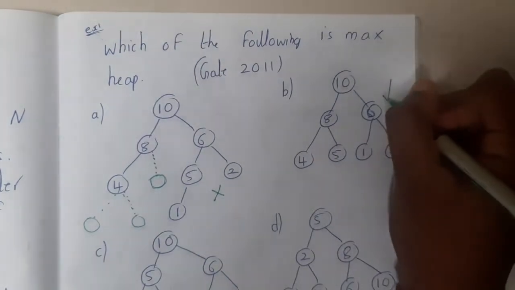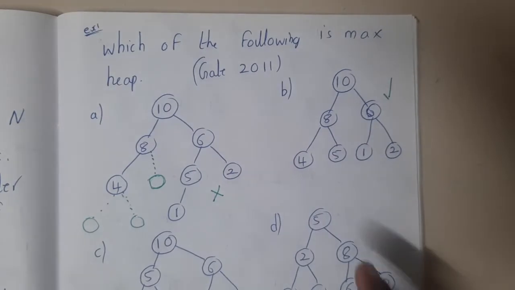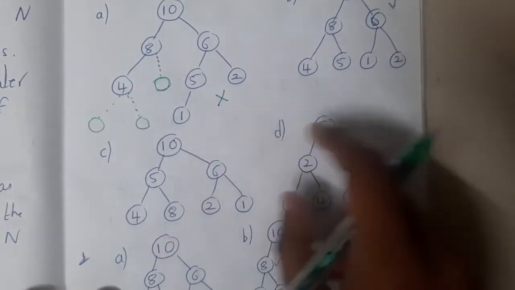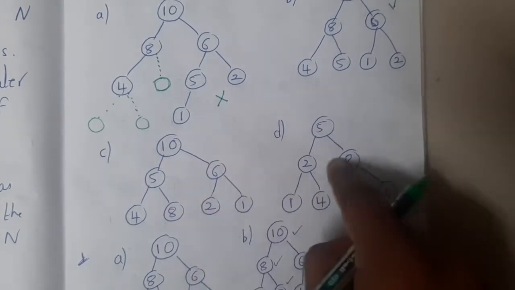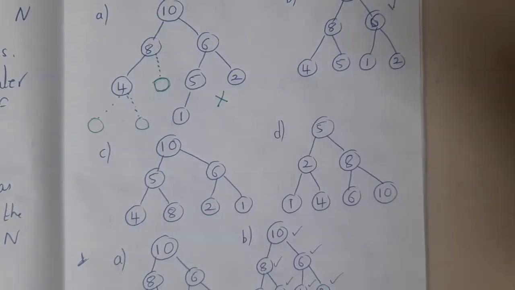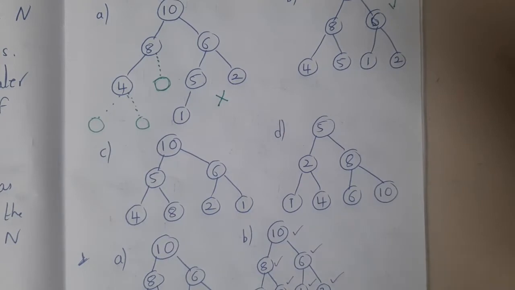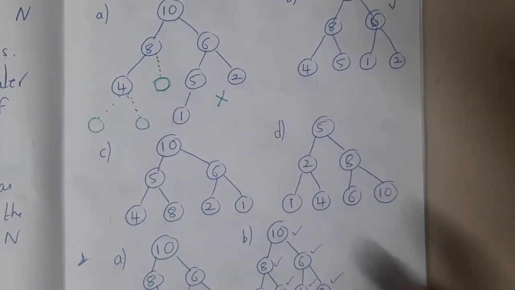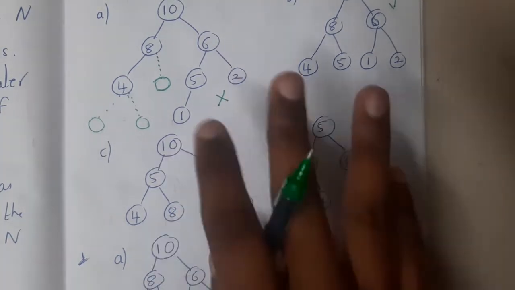For now I think B is the answer, but in examination, even if B looks like the answer, please continue checking C and D also. If you are 100% sure that C and D are wrong, then you tick B. There will be some confusing options: the first time you see one, you think it is correct, but in the end it is a wrong option. That's the reason why you should check all 4 options carefully.